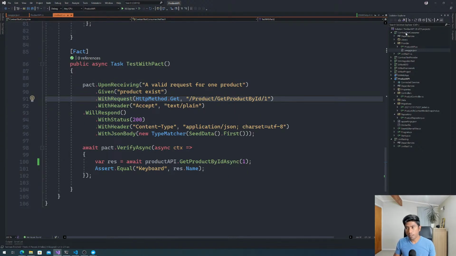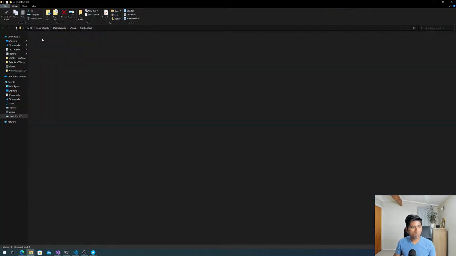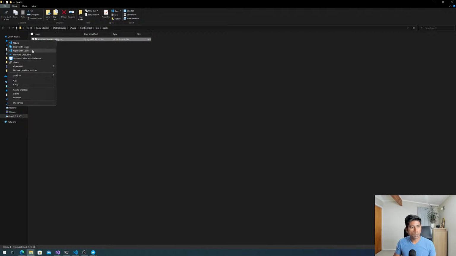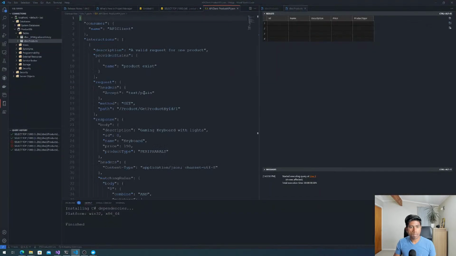So now let's see where the contract is. If I open the folder over here, where is the folder? Yep, over here. You see there is a folder called pacts for me, and this pact is going to be a JSON file. And if I open this with my VS Code,